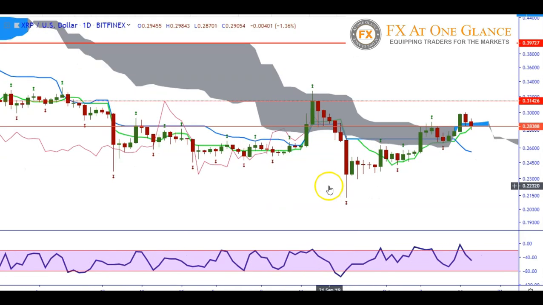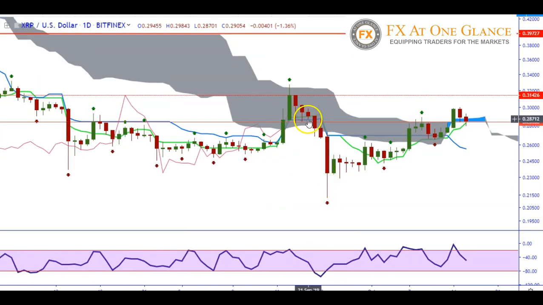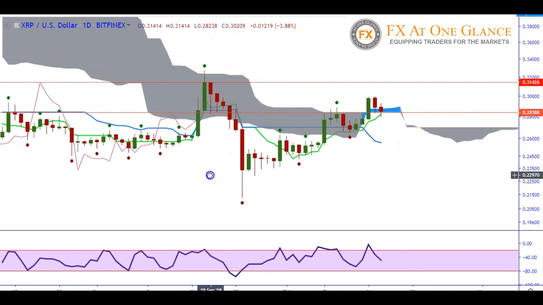So it still is inside the cloud, inside the price a little bit. We want to see it get outside of this price level here. And then it's going to probably find a little bit of resistance getting through this cloud. But we definitely want to get out of this price. This price is holding us up. And basically when I talk about saying that price is holding us up, it's just a previous level from the past that's holding resistance, kind of where the market could range, because we're kind of between support and resistance